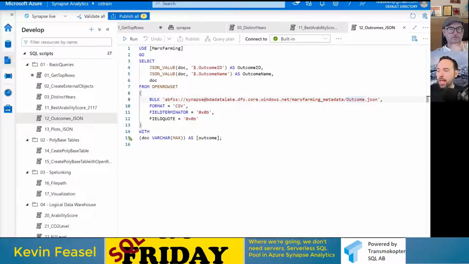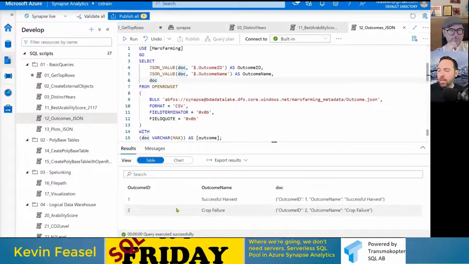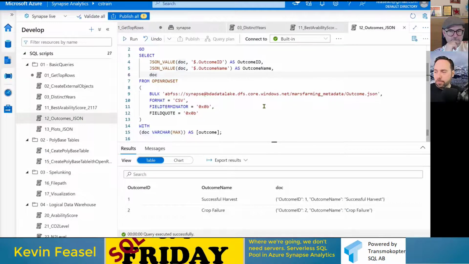And then I can get a document, which is varchar max. So it brings in the entire JSON object as one varchar max column. And then I can use JSON value to split out the individual values. So when I run this, I get my doc, which is the entire object, and then my individual values. So it works, but it requires some finagling,